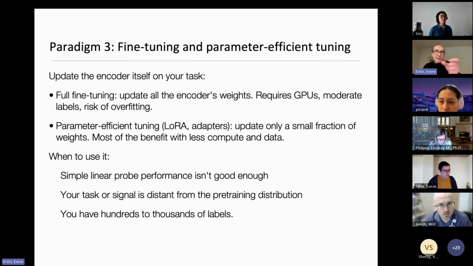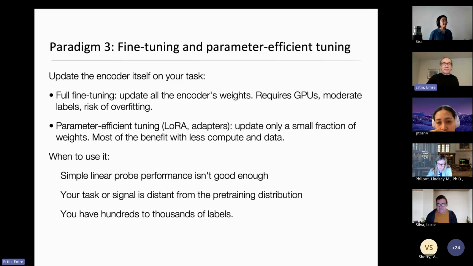So the classical words that you might be looking at, low rank adaptation adapters, are trying to find the middle ground. They say, I'm not going to modify the entire encoder that these guys trained. I'm going to encode a small fraction of the weights that are most relevant to my task, so that when we use this linear probe, performance is perhaps not that good,